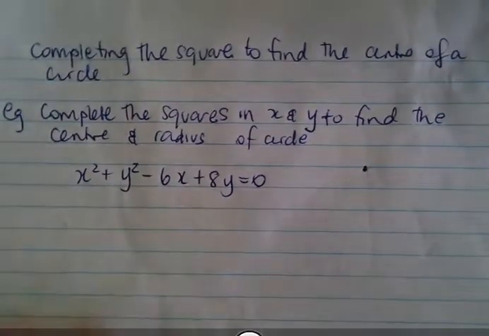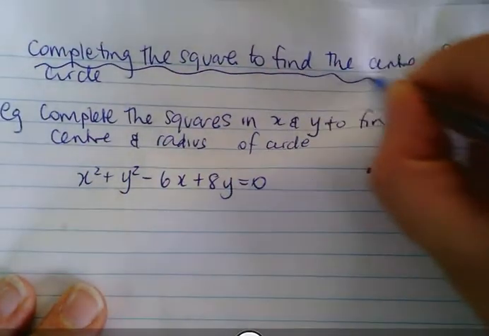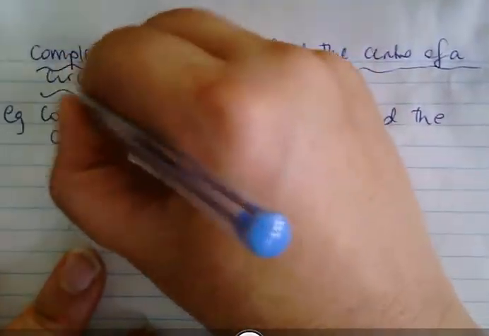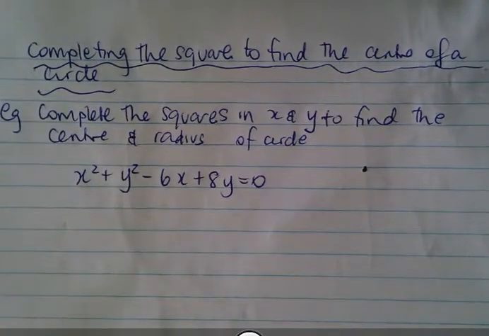Okay, today we're just filling in a few gaps. First thing we're going to do, complete the square to find the center of a circle. Here's our first example. Complete the squares in both x and y to find the center and radius of